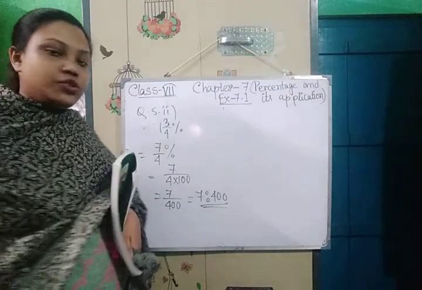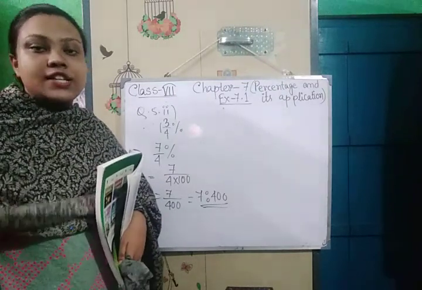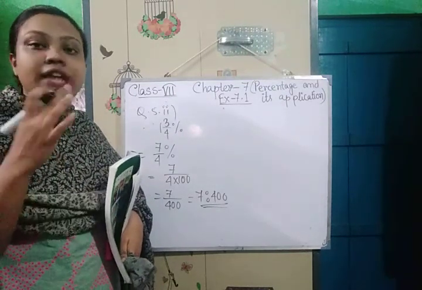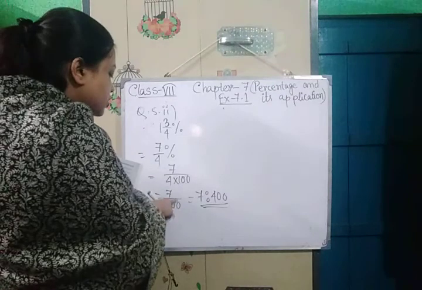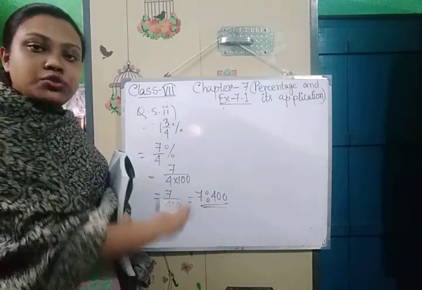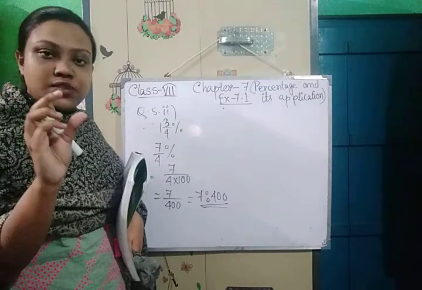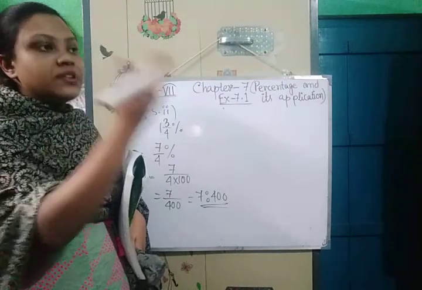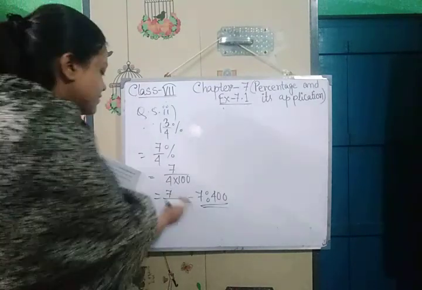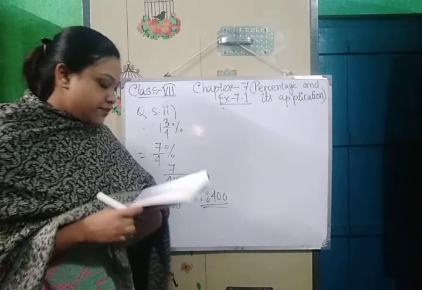So what we'll have to do, first we will convert it to a fraction, then we will reduce the fraction to its lowest term, means we will do cancellation. Here we cannot do any cancellation, but if cancellation can be done, then you have to do the cancellation. At the end you will write the simplest form of the fraction, and from the fraction you will write the ratio, like 7 by 400 will be 7:400. This is the process. Okay.